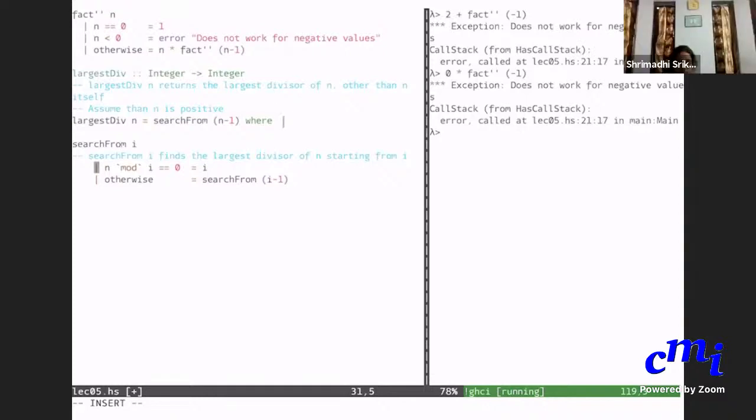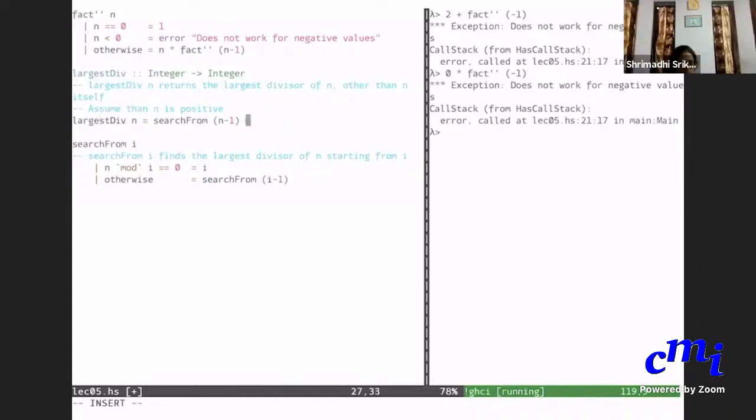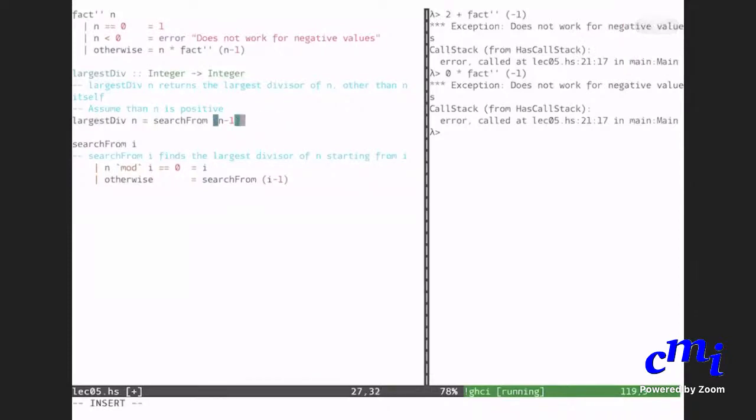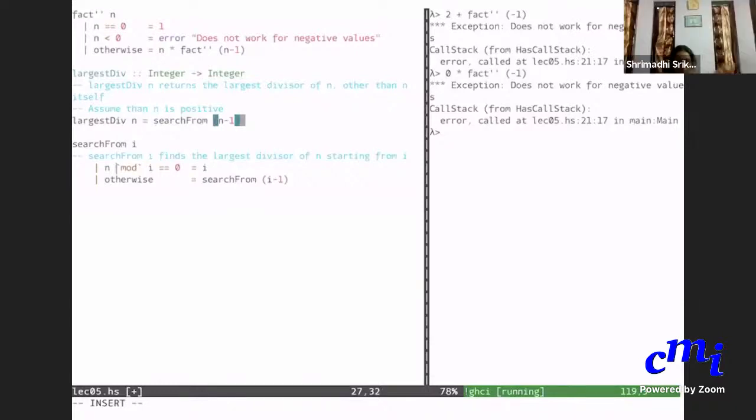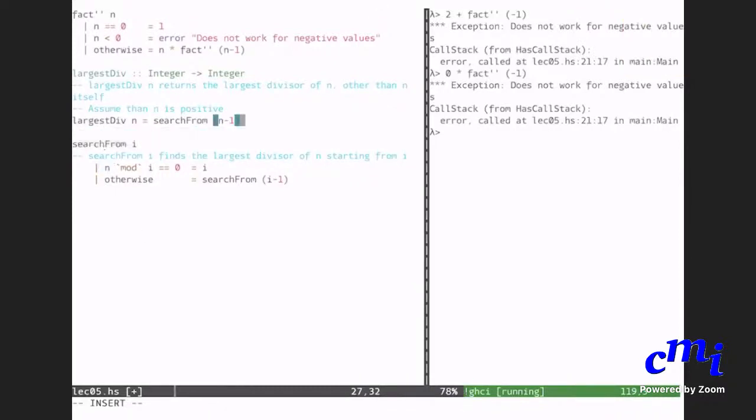And yes, Srimati, is it clear? So I remove the where here. I have to remove the where also. But then what else have I missed now? I just said that I should do something else. What is it? What else should I do now? You said this n here is now not defined. So I'll try to compile and show you. You'll see then.